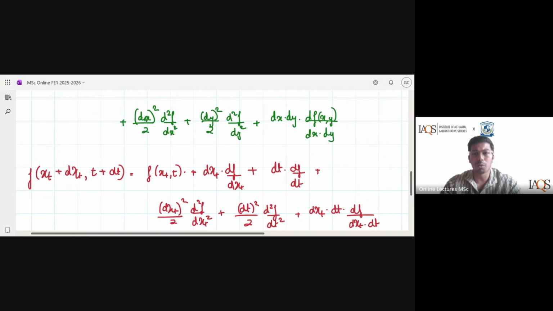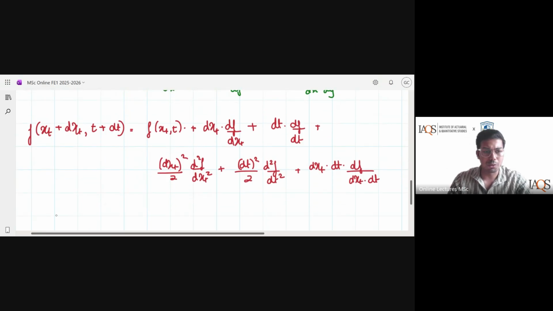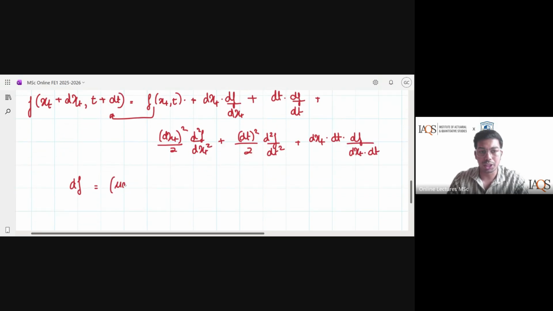Comfortable? The above one was a general two-dimensional Taylor series of the calculus framework. I applied that into my Brownian motion framework, wherein I know the function is a multivariable function of general Brownian motion and time. With me? Now let's try to solve this. I shift f of xt to the LHS. I'll write f(x, y) as f for now. So this becomes the change in the function, df, is equal to, where dxt I know is mu dt plus sigma dbt.